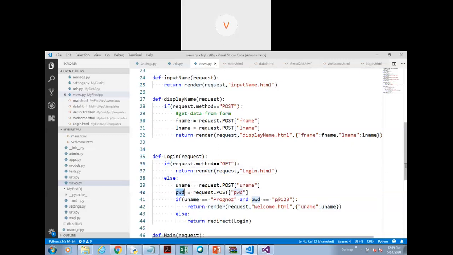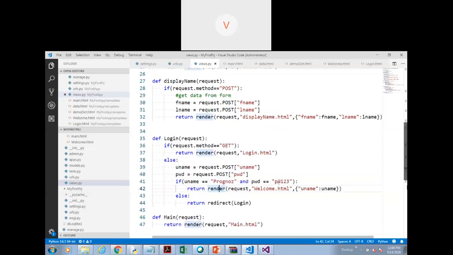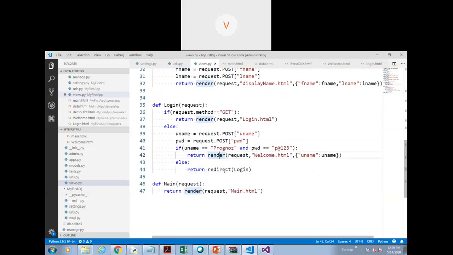And then we are checking if username is prognos and password is p@123. Then we start the rendering. So we are saying render. If the username and password is correct, we are going to show him the welcome page with the username. And then else we will redirect the user back to the login page. So the user will be sent to the login page.